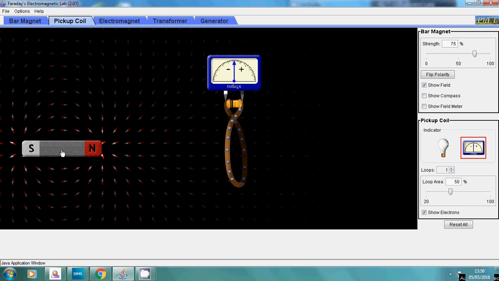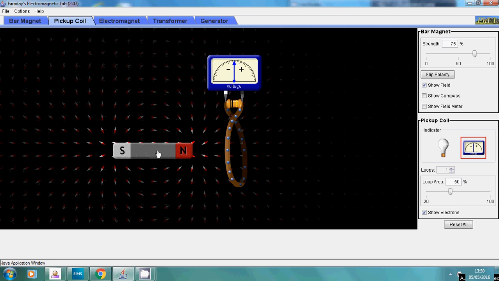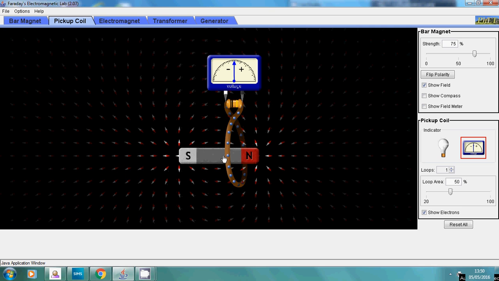As I move the magnet closer, I'm going to change the magnetic field strength, which is going to be shown by the brightness of these little compasses. It may even change the direction ever so slightly. Now, as the magnetic field strength changes, so too will the magnetic flux inside that coil. Obviously, this is an A-level description. So change the magnetic flux density, or magnetic field strength for a GCSE student. That would be to move the magnet closer, and as you move it closer, eventually induce an EMF,